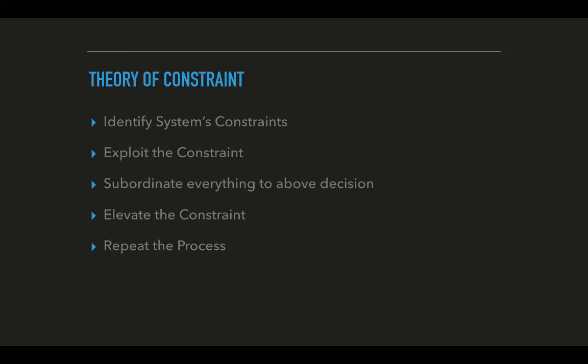identifying the system constraints. So let's say in our case, you are building software in an agile fashion, but when you go to deploy, it takes 4 weeks to do that, right? That is a constraint. So you identify the constraints in the system and you start exploiting those until you elevate or mitigate those constraints, and you keep repeating the process, right? And the idea is if you want to improve the flow of work, you want to improve the lead time so that you're able to change faster, you are able to deploy things faster, you're able to make changes faster,